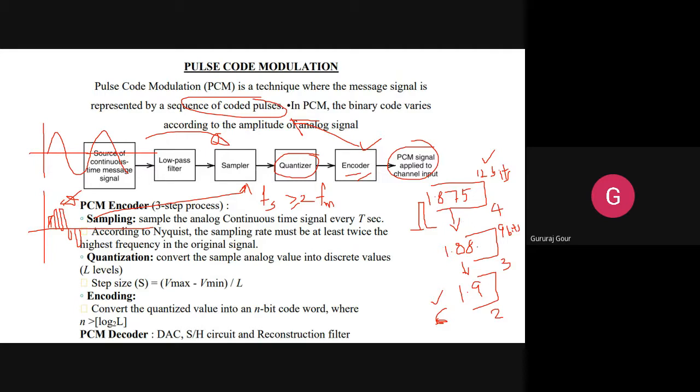So this is how we are going to assign rounded off values to each of these samples. This is one sample, I just took an example. Like that you can see here, we have many samples at the output of the sampler. So at the output of the quantizer, you are going to get such rounded off values. Understand here, now you are not getting 1.875 at the output of the quantizer, you are getting 1.88 or 1.99 for each of the samples.